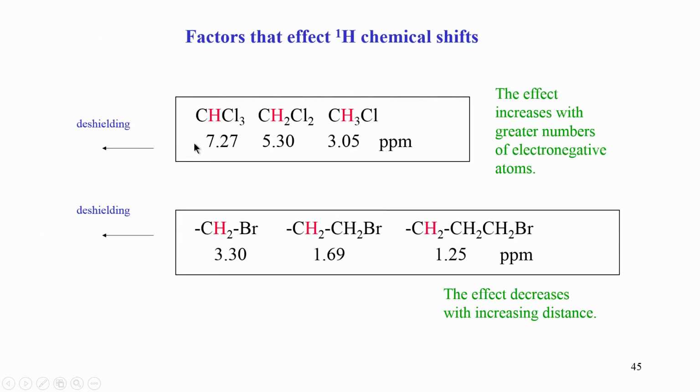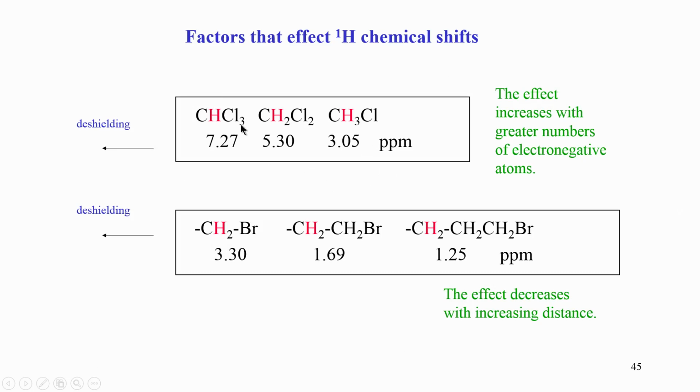Now, this is another example where we have taken a little bit away. So, you see this is second order, in the sense it is not directly attached to the electronegative atom, it is away from the electronegative atom. This hydrogen is directly attached, whereas this hydrogen is 2 carbons away. So, you can see the effect is reduced: the one closest to bromine has the highest de-shielding effect, and this one, very far from Br, that is bromine, is the most shielded and therefore has the least de-shielding effect. This is something which all of us are aware of.